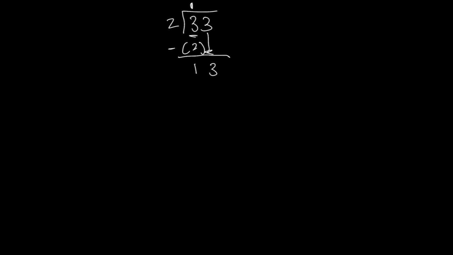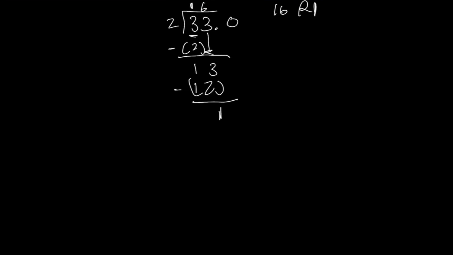So now 13 can be divided by 2, or it can be partially divided by 2. When I do 2 times 6, that's going to be 12. So I can write a 6 up here, and then 13 minus 12, then I'm going to get a 1. And then what you can do is you can stop right here and say your answer is going to be 16 remainder 1, like this. Or the next thing you're going to do is you're going to add a decimal place and then